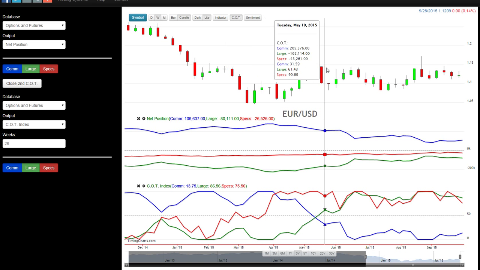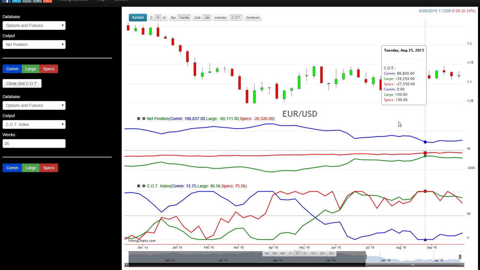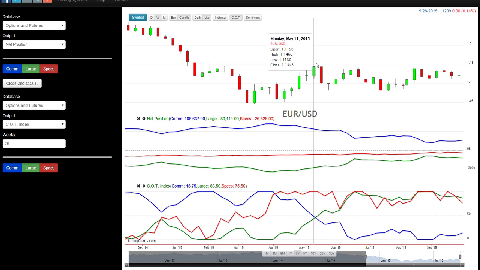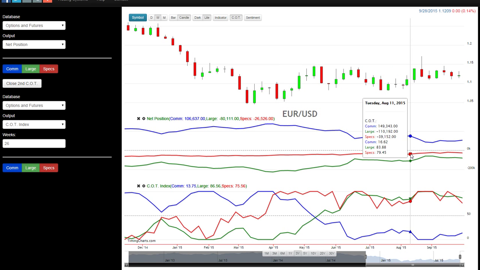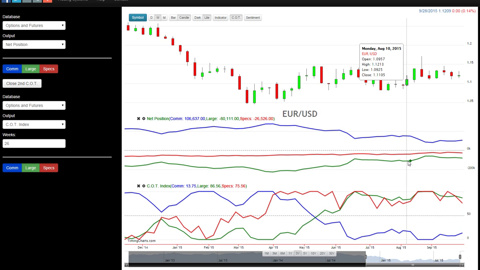So anyway, you can see that it's been going sideways, and it's just been ranging. If you're scalping, short the top, buy the lows, and just ride this until it breaks out of this consolidation. You can see the commercial, large speculators and retail are not showing any sign of commitment if they want to go long or short, and it's just been going sideways.